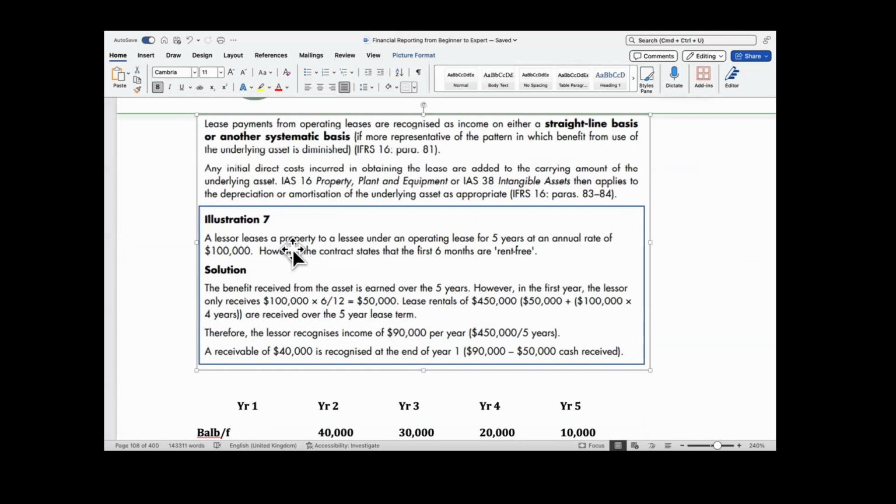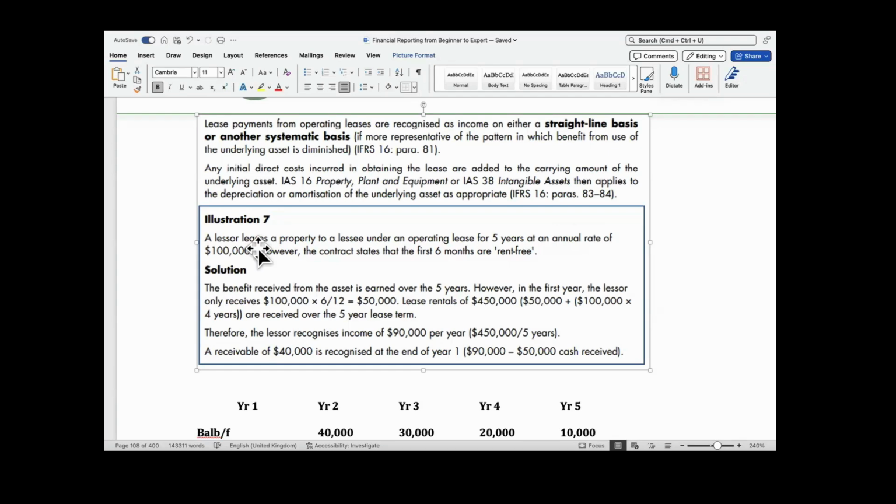And majorly that's all. So in this case now, we have a lessor that leases a property to a lessee under an operating lease for 5 years at an annual rent of 100,000. If they had stopped here, then this question becomes straightforward, because it simply means that we would just recognize 100,000 to P&L every year. But they won't stop there. They will want to put some test for you